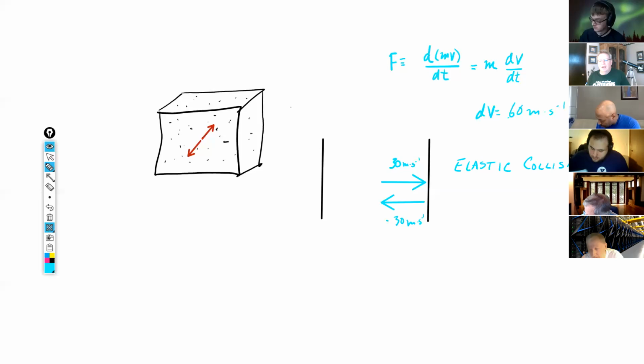Isn't it more the case that the collision doesn't cause an energy loss? Correct. Because at the molecular level, so let's write this down. At molecular level,